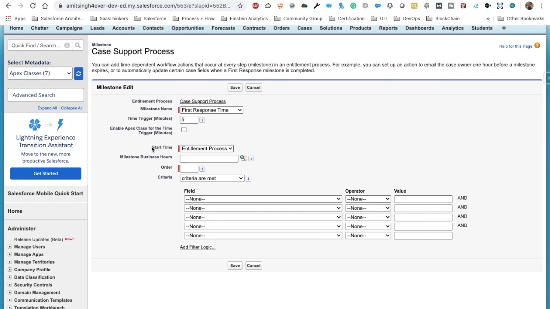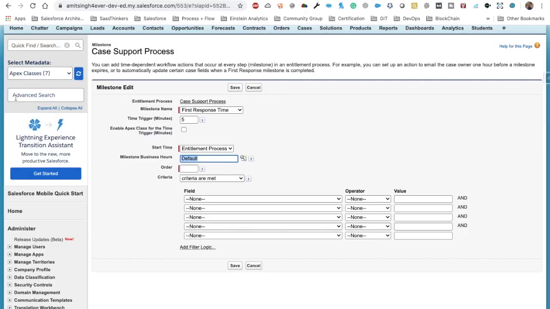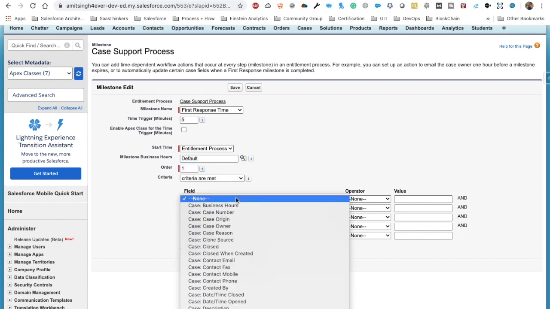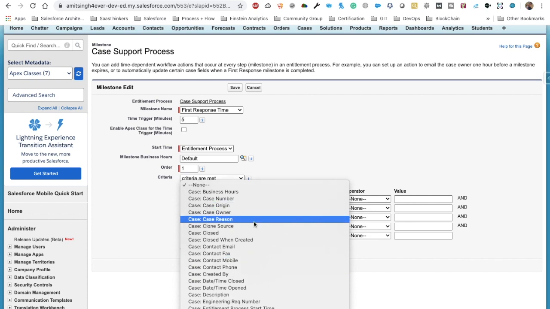When our start time is entitlement process, we also have milestone criteria, but we are going to select entitlement process itself, so whatever criteria we have given in the entitlement process will apply here. Then we need to select the business hours, the same business hours that we have selected. Provide the order as 1, and I'm going to select case priority. It should be high for me.